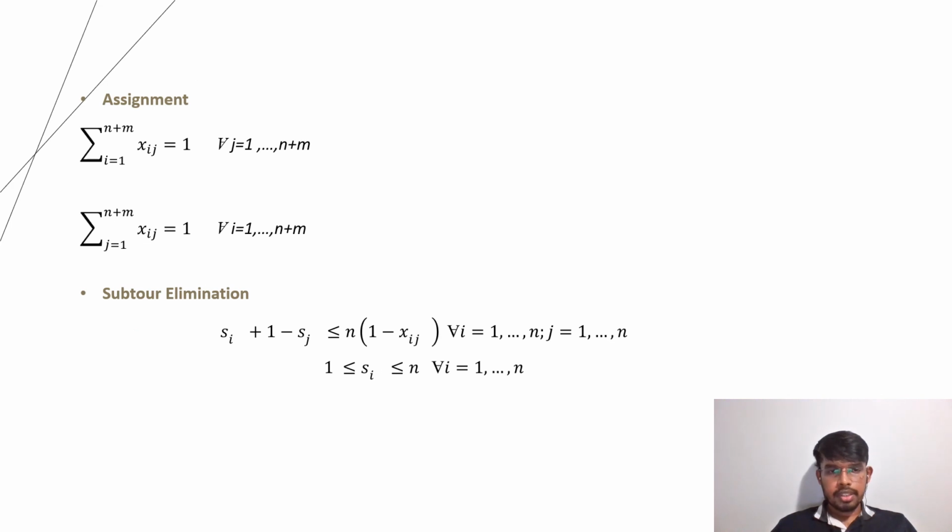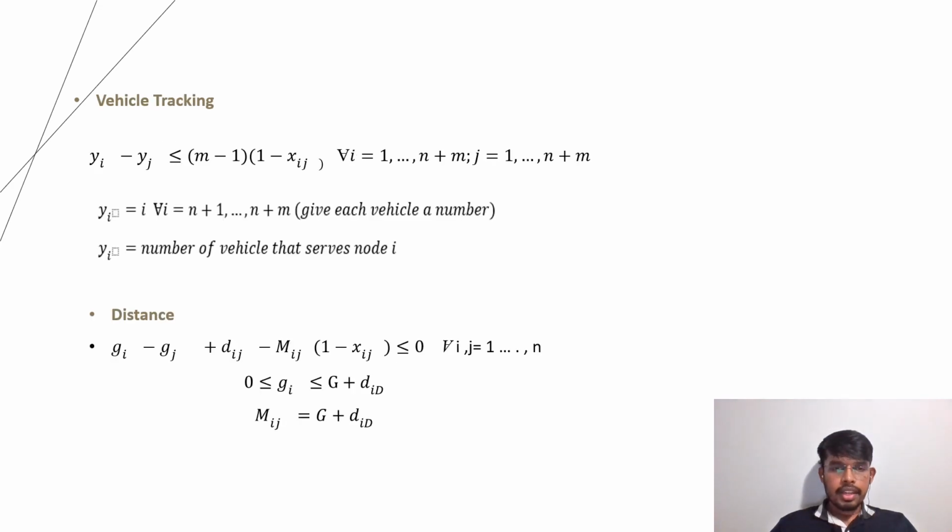I've also used an assignment constraint so that the drone has one entry and one exit for every node except the depot. I've also used subtour elimination to eliminate the longest path and find the shortest path. A vehicle tracking constraint is also used so that the vehicle covers all the customer locations. And I've used the distance constraint: every drone has a battery with a specified range of distance, so that while routing, the drone travels within the specified distance depending on the battery's range.